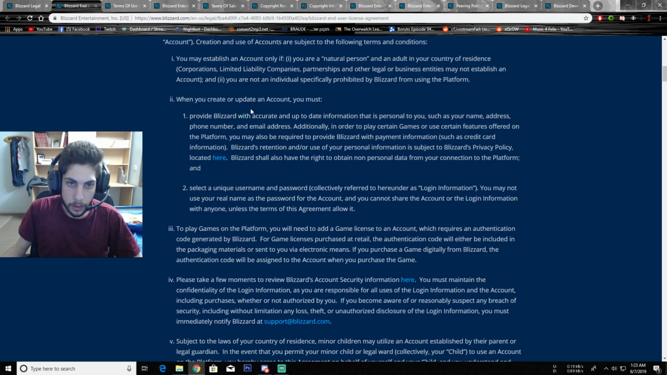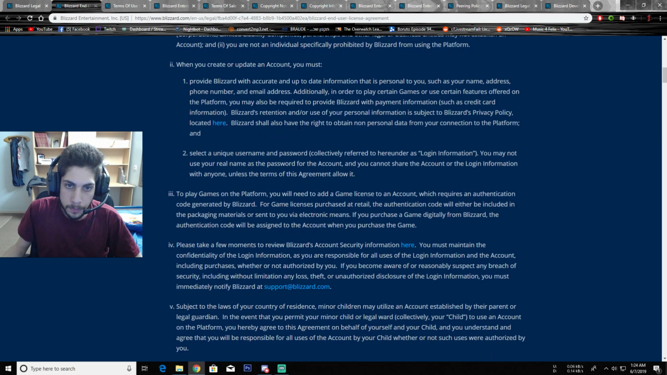When you create or update an account, you must provide Blizzard with accurate and up-to-date information that is personal to you, such as your name, address, phone number, and email address. Additionally, in order to play certain games or use certain features offered on the platform, you may also be required to provide Blizzard with payment information such as credit card information. Blizzard's collection and use of your personal information is subject to Blizzard's privacy policy, located here, which we're gonna read later. Blizzard shall have the right to obtain non-personal data from your connection to the platform